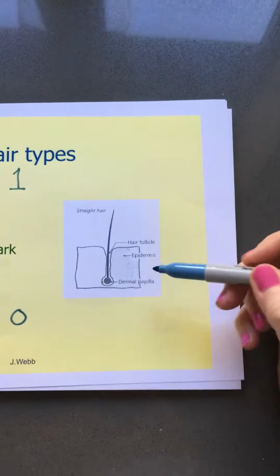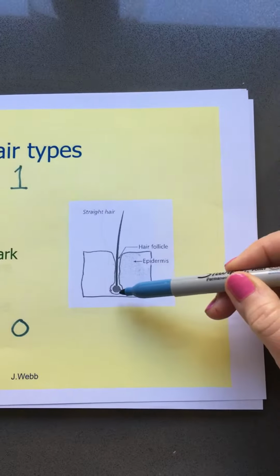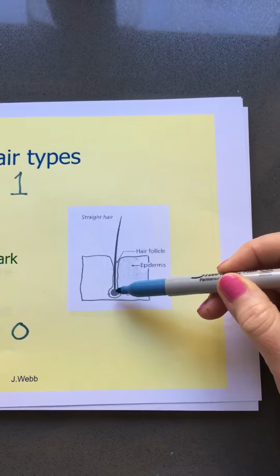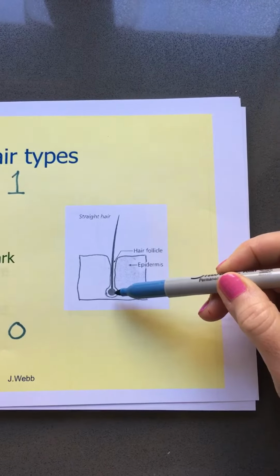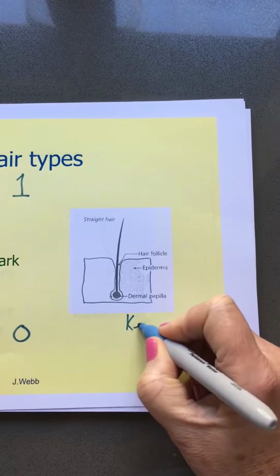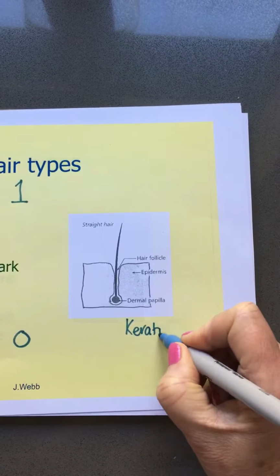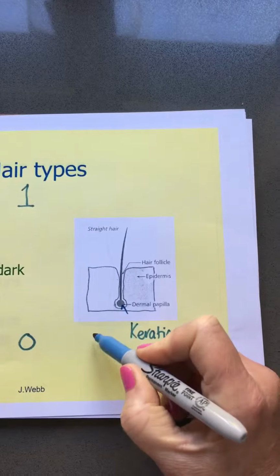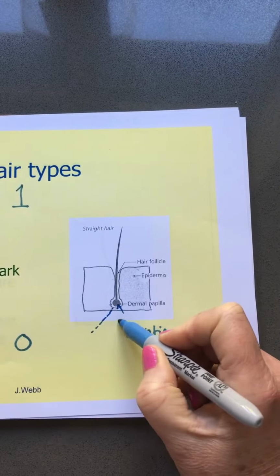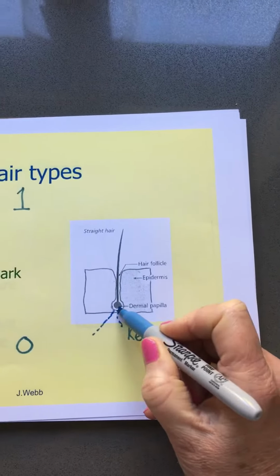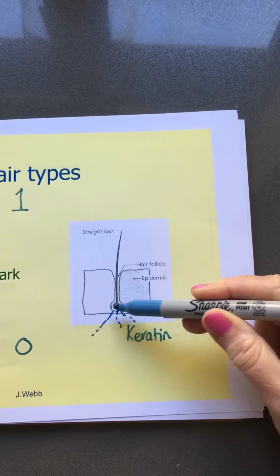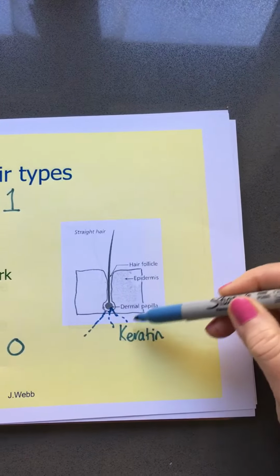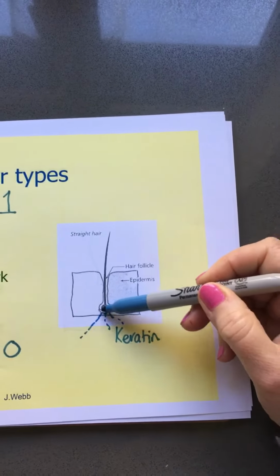And because of that, you can see here in the diagram, remember the dermal papilla is producing the keratin. So let's just write that word down. Okay, it's being produced in the dermal papilla. And remember, the blood capillaries are feeding the dermal papilla in order for good hair growth to be allowed. And that keratin